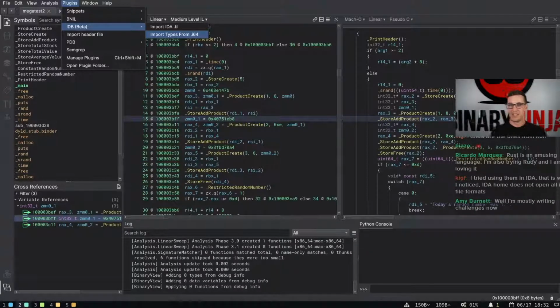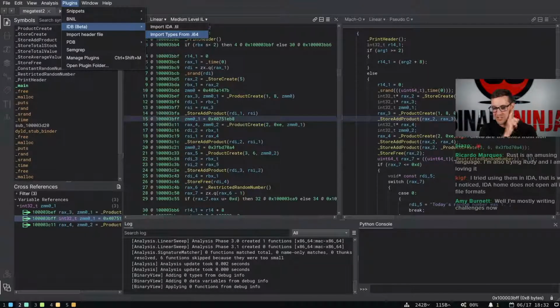Interesting. Okay. So the IDB parser, yeah, a couple of caveats for it. And I don't remember how much we've talked about this on stream or not. Writing challenges? Why, Amy, what would you be writing challenges for? Do tell. I wonder. I don't know if I want to out people as what they're working on without them saying first. So,